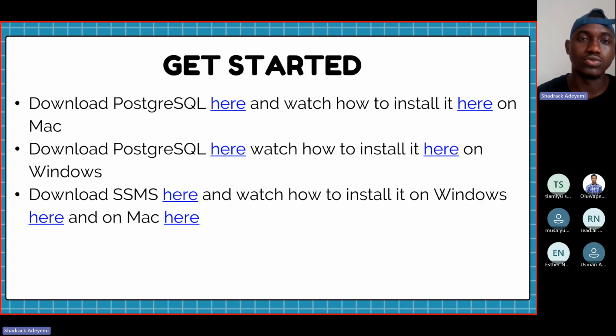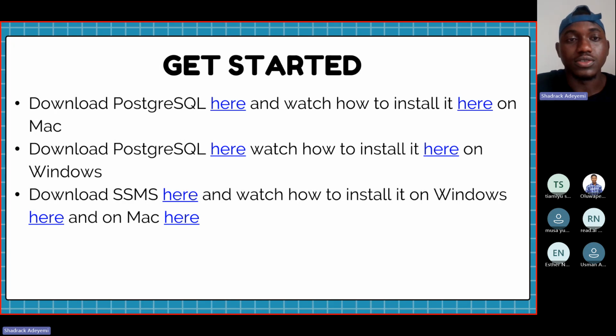So I added this new slide in this overall slide because I realized that a lot of us are probably comfortable working with PostgreSQL, while some are comfortable working with SSMS. I use SSMS, which is Microsoft SQL Server.